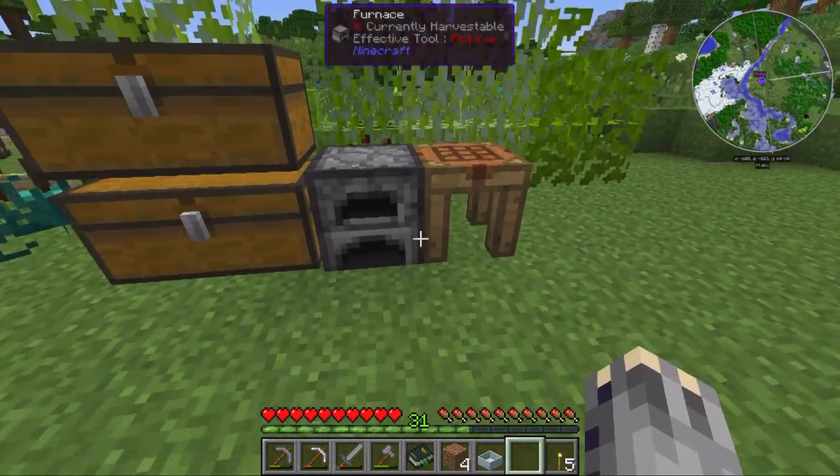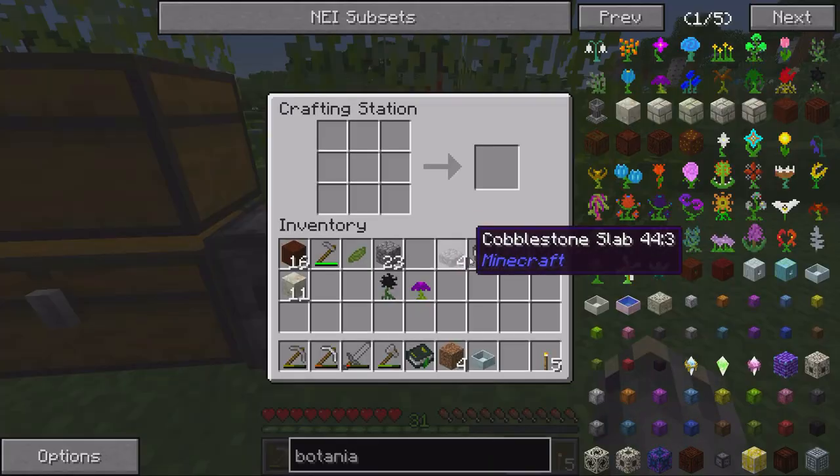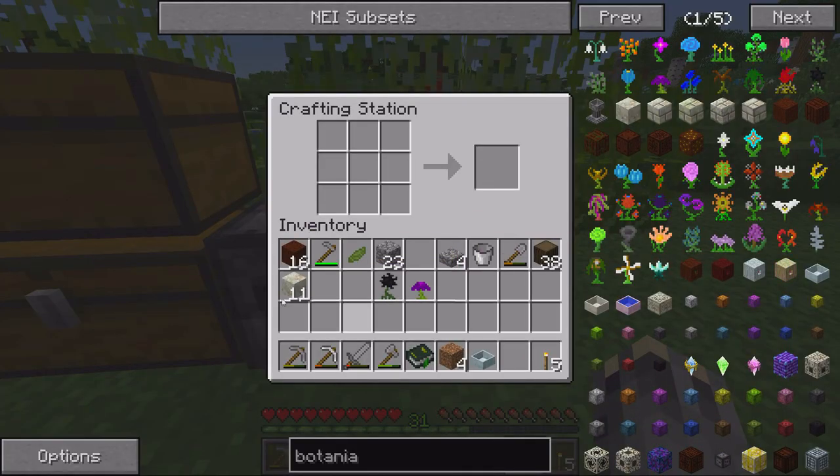Alright, I've got enough of the wood and rock. So what we're going to do is we're actually going to make a second diluted mana pool. I'll show you why here in a second. But we're also going to make the tool for Botania. Every mod seems to have its own little tool. And this one, I believe...